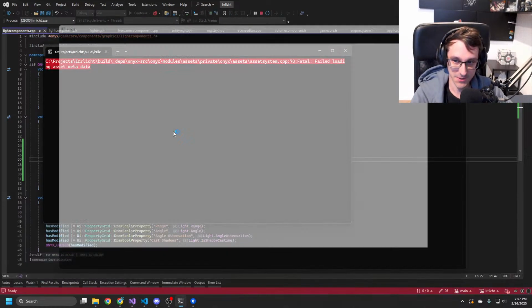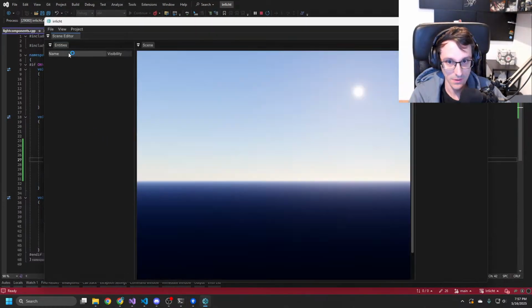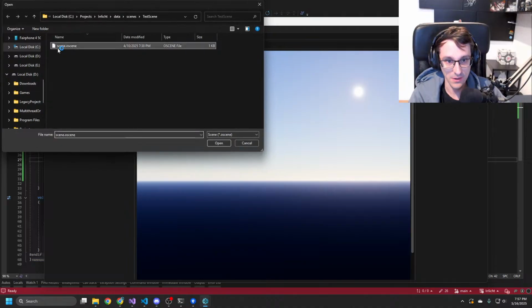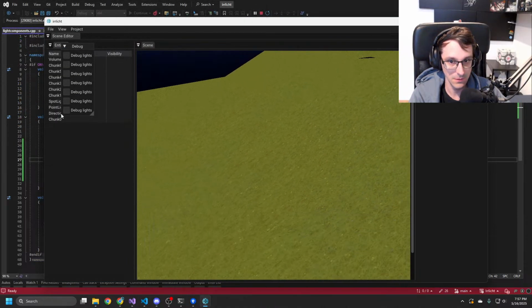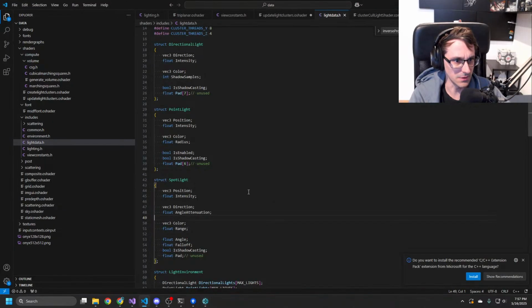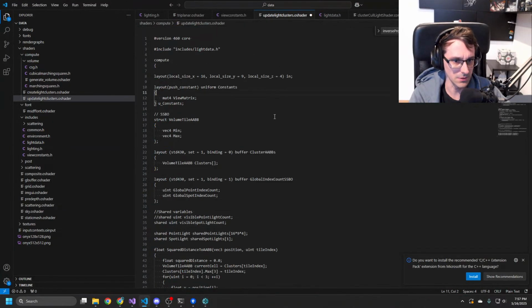So that works. That should give us back our light, hopefully. Unless we didn't save our shader, we didn't, of course.